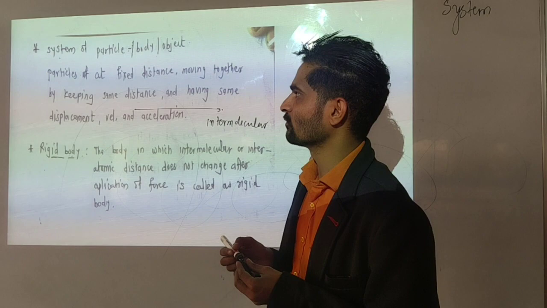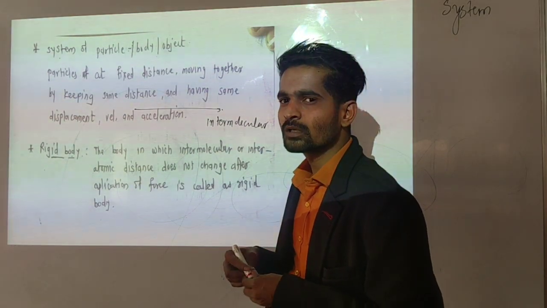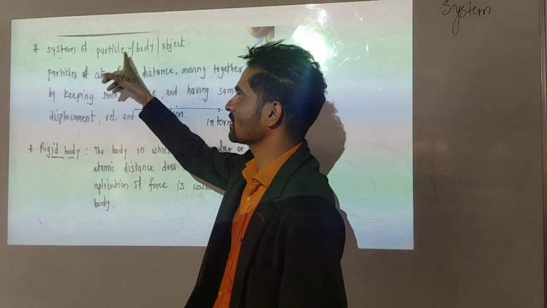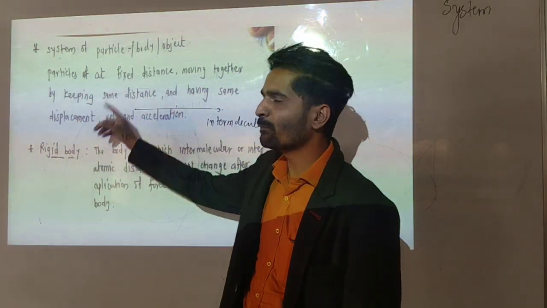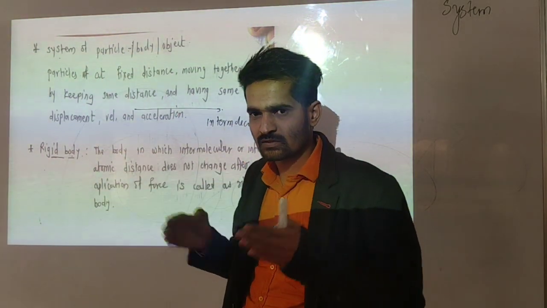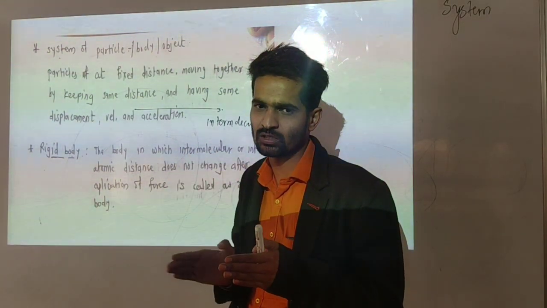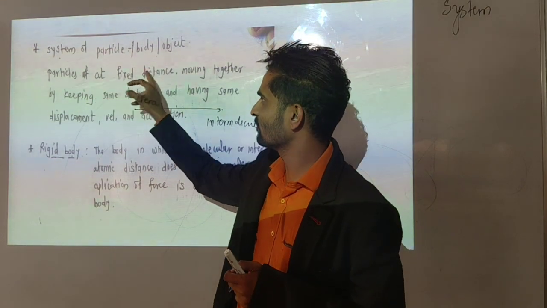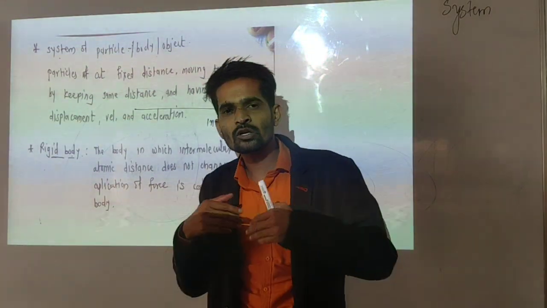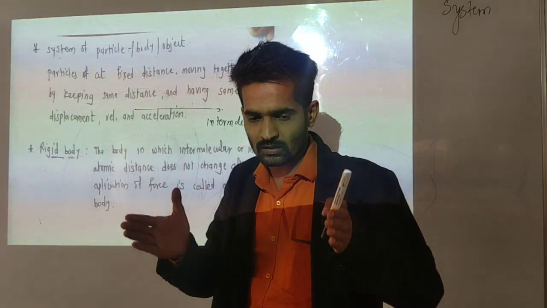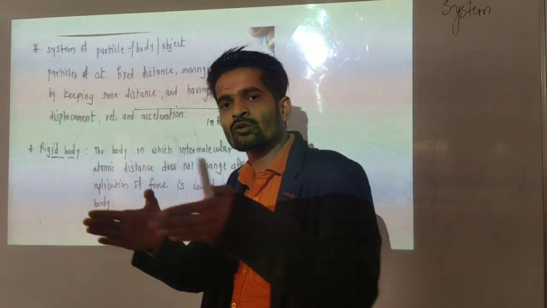Because of this intermolecular force, they have a certain shape. So system of particles means what? The particles which are at a fixed distance. जैसे सॉलिड में पार्टिकल्स कुछ फिक्स डिस्टेंस पे होते हैं. पार्टिकल्स एट अ फिक्स डिस्टेंस मूविंग टुगेदर. जब हम उसको मूव करेंगे, पार्टिकल एट अ सर्टेन डिस्टेंस मूविंग टुगेदर